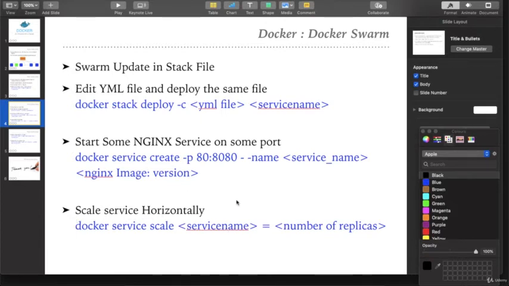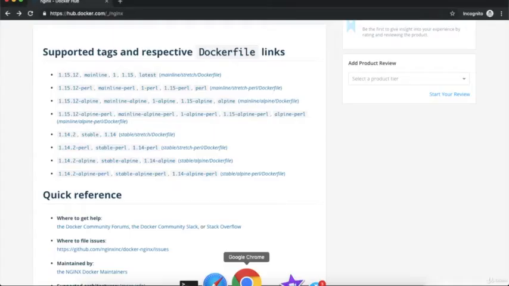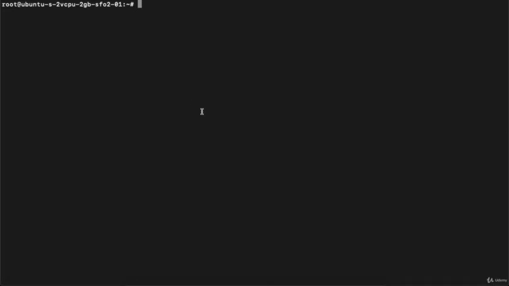And I will attach this slide with this lecture so that you guys can get help. Now let's see, we want to upgrade the service. We want to upgrade the nginx version in my production. Suppose we are running this service in production and we are running 10 replicas. Now we want to shift my nginx from 1.14.2 to 1.15.12, which is the latest one, right? So this is the latest one, 1.15.12. So how can we upgrade the service in Docker Swarm? How can we perform the rolling upgrade or the zero downtime upgrade in Docker Swarm?